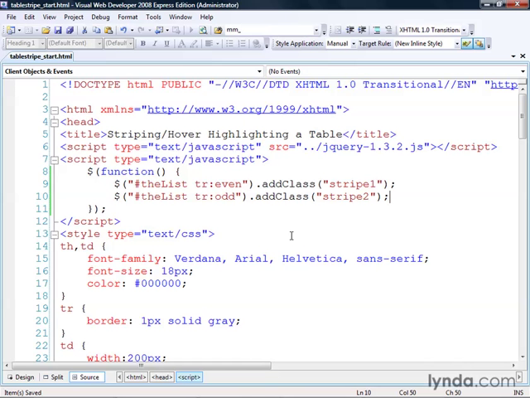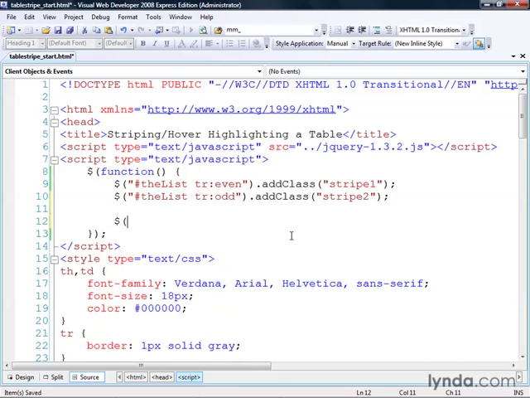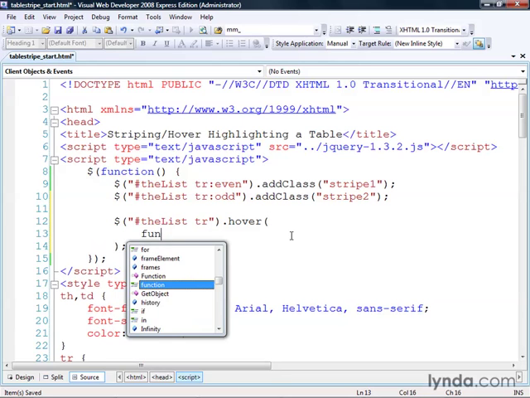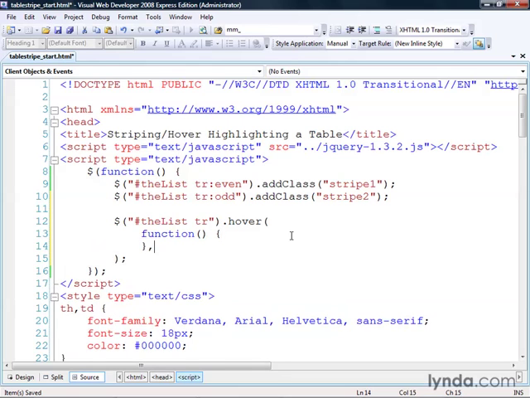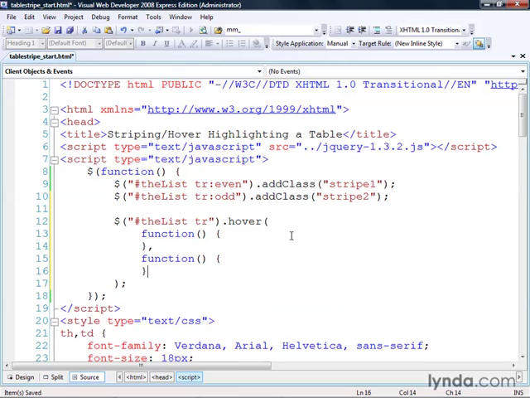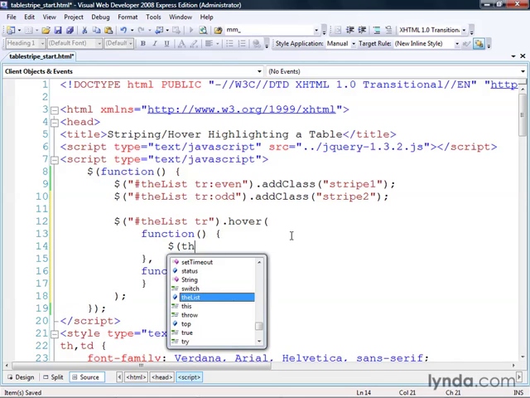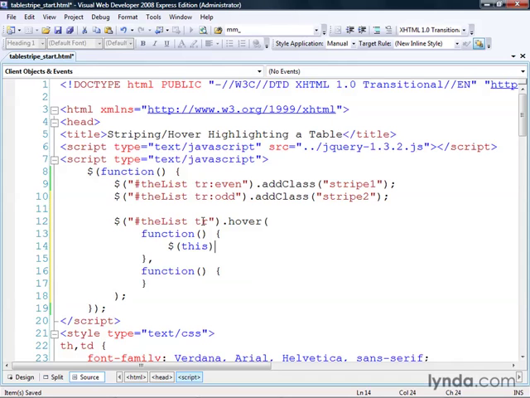So here we are back in the code, and now what I'm going to do is define the hovering effect. And same thing. Now for every table row, what we're going to do is use the hover convenience function. And remember that the hover function takes two functions. The function that we want to execute when the mouse enters, and the function that we want to execute when the mouse leaves. So inside the enter function, we're going to say this, remember, and this refers to the table row because that's what we're selecting. So this dot toggle class,